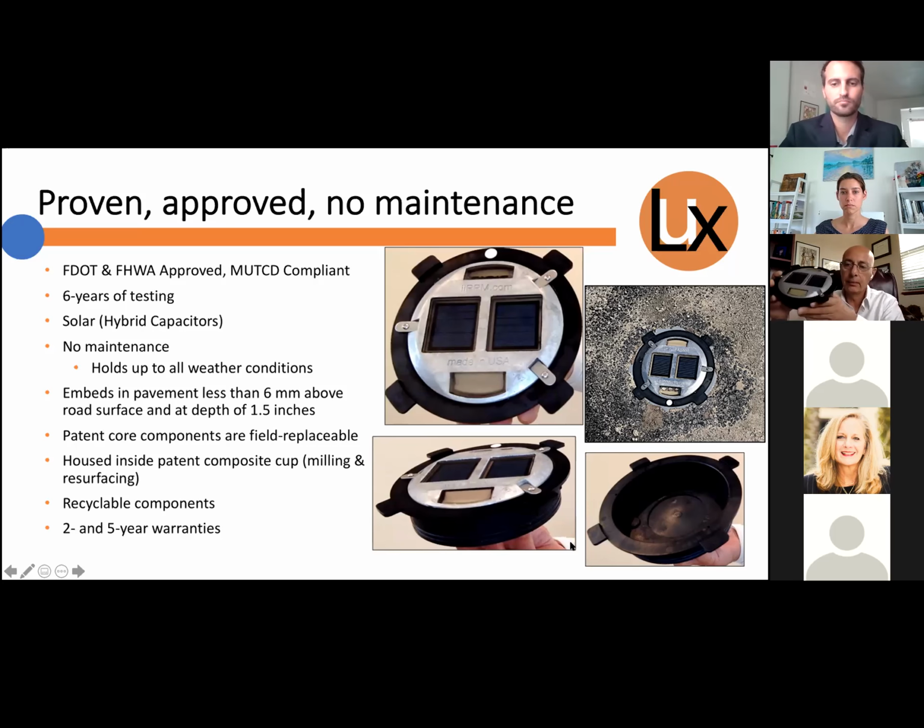This is a picture I'm holding in my hand just to give you an idea of the size of the unit. It has 2 solar panels and an LED light, and it sits in a composite cup that sits in the pavement, and that allows the opportunity for the unit to be maintained if needed. And we'll show you in a moment how we can take it out of the cup. The units are embedded in the pavement about 1.5 inches, and they are only less than 1/4 inch above the